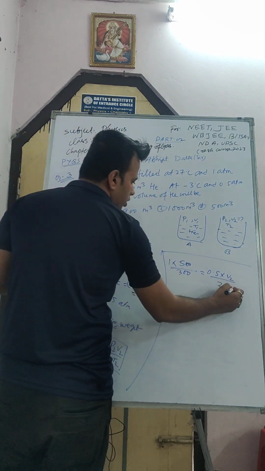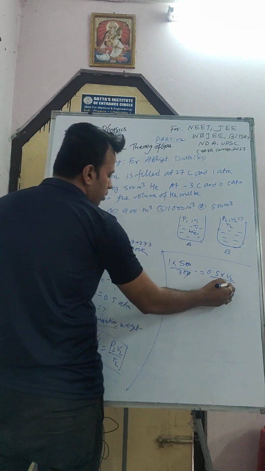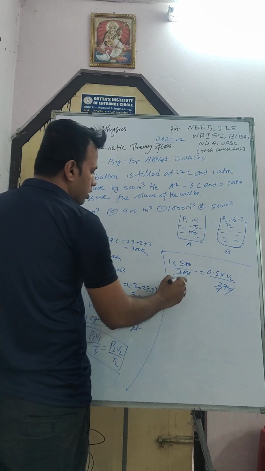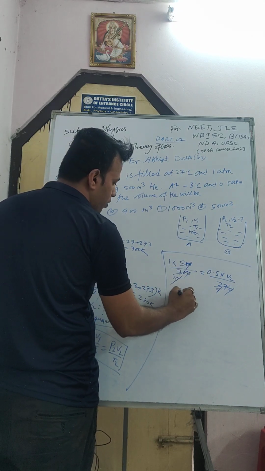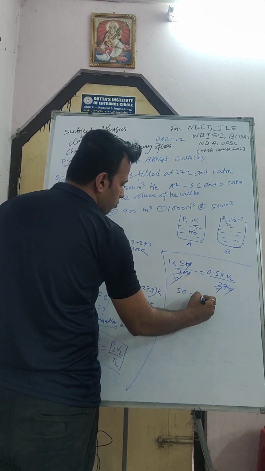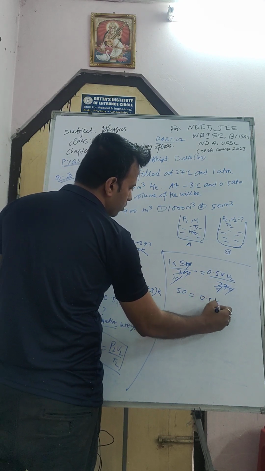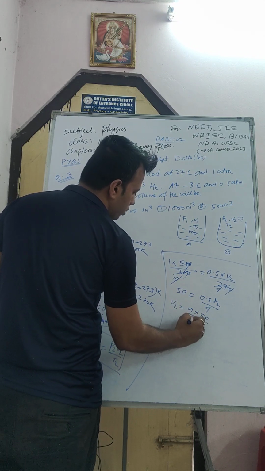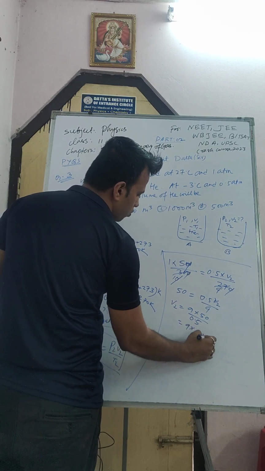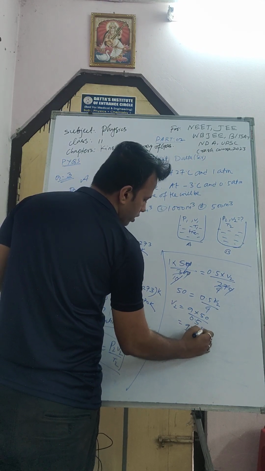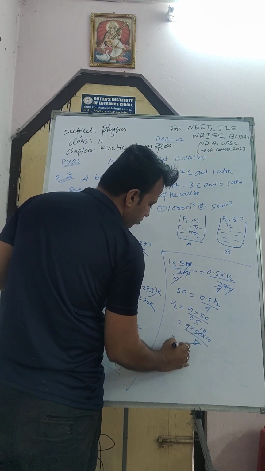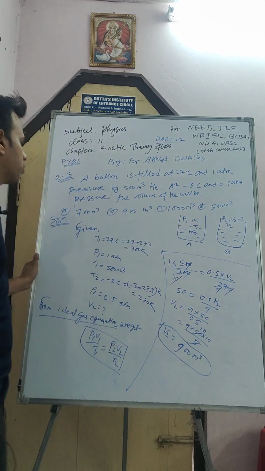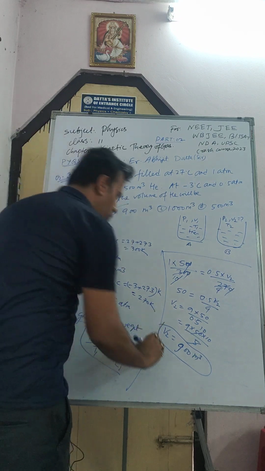Okay, so this one will be cancelled. If I divide this by 3, it will be 10, and this will be 9. So 50 is equal to 0.5 B2 divided by 9. So B2 will be 9 into 50 divided by 0.5, so it will be 9 into 50 into 10 by 5. So it will come to 900 meter cube, which is the correct answer. So B2 will be 900 meter cube. Which option is correct? Option B is the correct answer here.